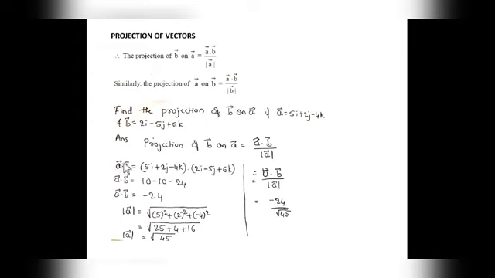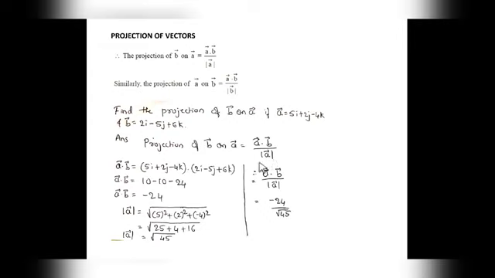Now first I'll find out dot product between vector A and vector B. Vector A dot vector B will be equal to 5 2s are 10, plus into minus, minus 2 5s are 10, minus into plus, minus 4 6s are 24. Plus 10 minus 10 will get cancelled, minus 24 will be the dot product of vector A and vector B.